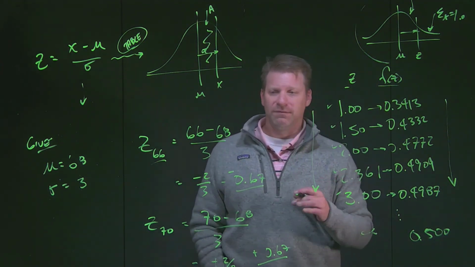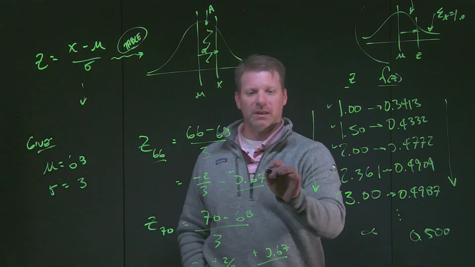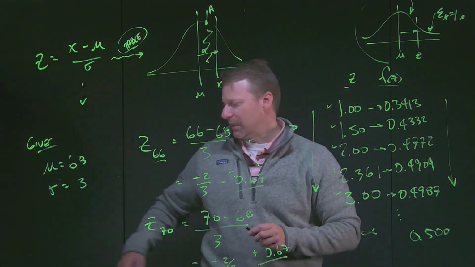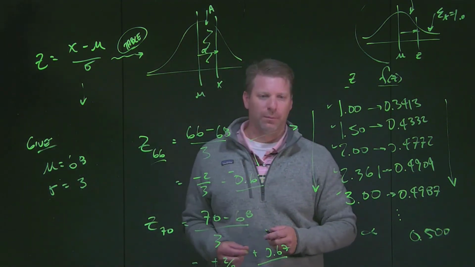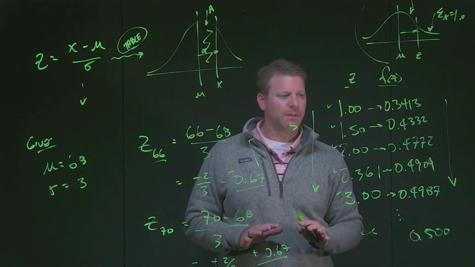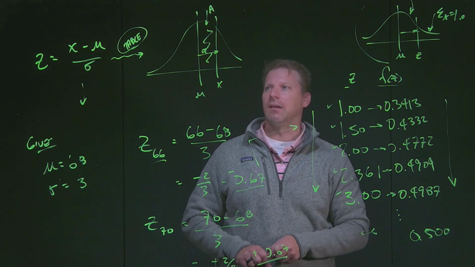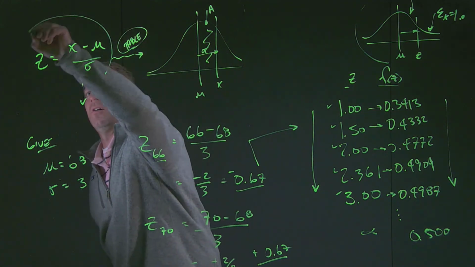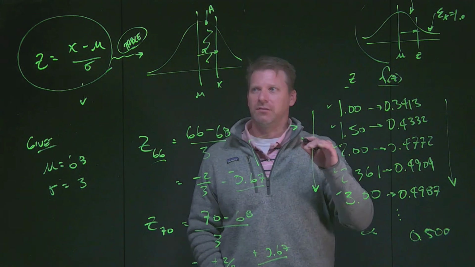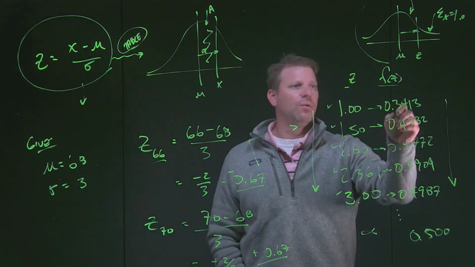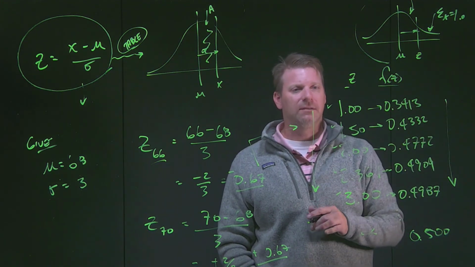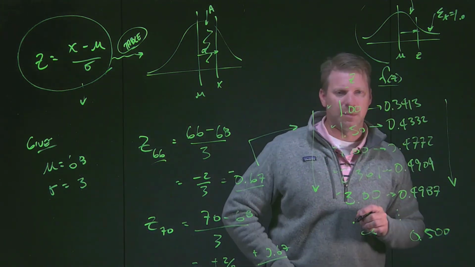I'm going to do that in the next video. But then the extension is we can take these z-values and apply them through this table, the z-distribution table, to start to find individual probabilities. All right? It looks massively complicated, but let's step back and look at a couple of things. One, our main calculation is happening with this z-distribution formula, which is fundamentally simple. And then when we look at our table, it looks worse because I'm just rewriting what the table says, but all of the hard work is being done by somebody else.